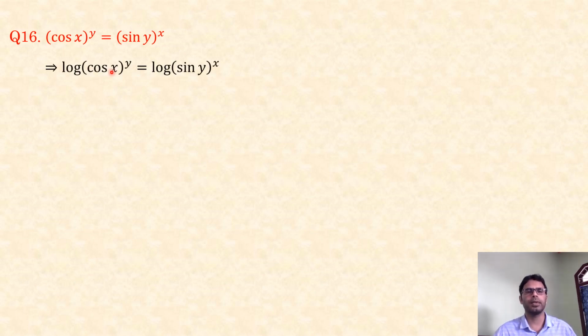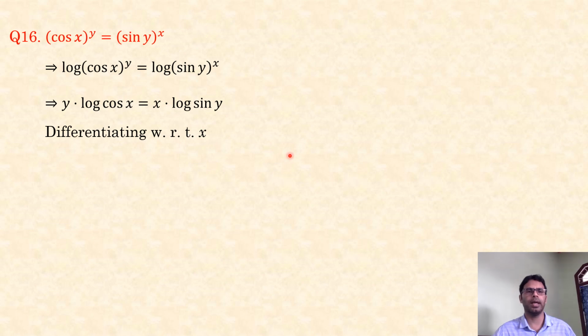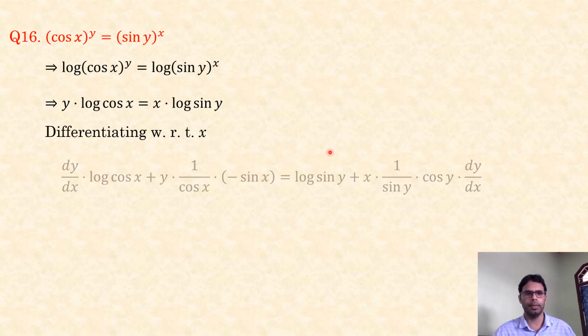So log of (cos x)^y and log of (sin y)^x. Just use the property of logarithm. This y will come in front of log, this x will come in front of log. So it is y log cos x, and this is x log sin y. Then differentiate it. Differentiating with respect to x, the left hand side derivative will be y derivative, dy/dx,